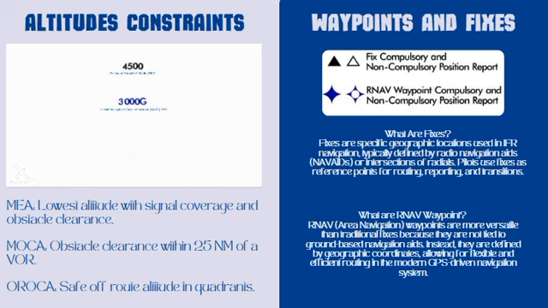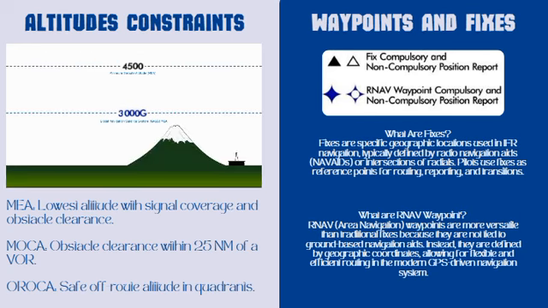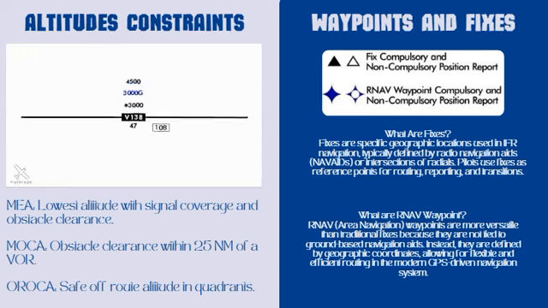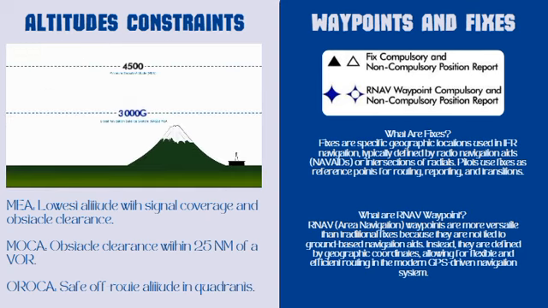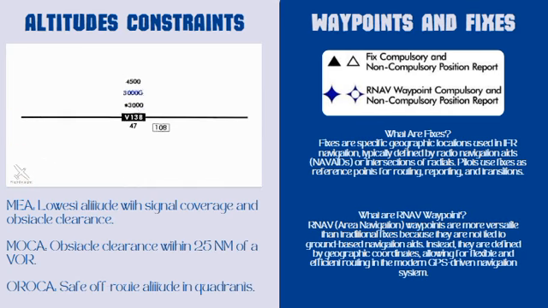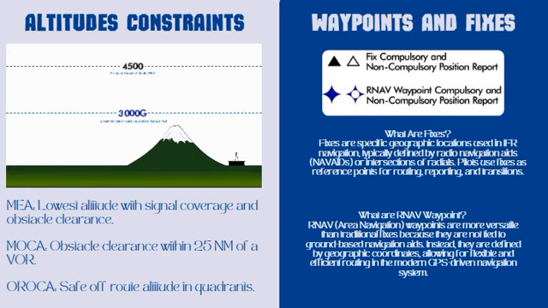OROCA is displayed in a quadrangle of the chart bounded by latitude and longitude lines. The OROCA value is shown in large bold numbers indicating the minimum altitude in thousands and hundreds of feet. And it does not apply to a specific route, but instead provides obstacle clearance for all airspace within the quadrangle. Now let's talk about